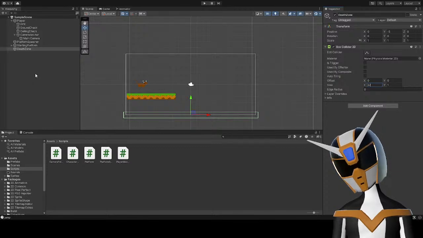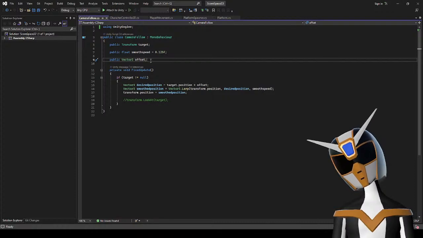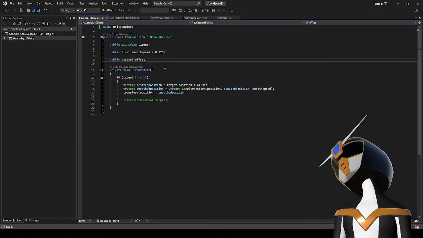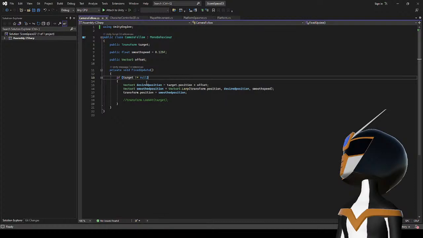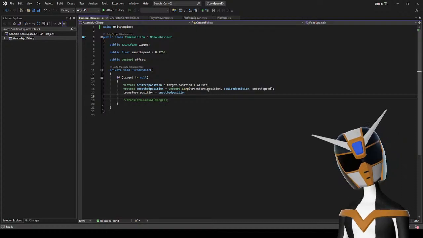So I do need to use that camera follow script. Why is it messing up like that? This makes no sense to me. I don't understand why this would be making the player move.